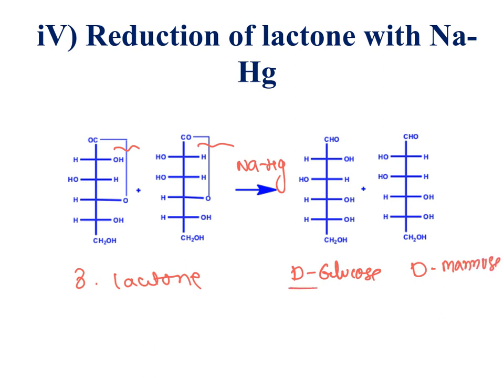The difference between D-glucose and D-mannose is that the second carbon chiral centers are different. The OH in D-glucose is oriented on the right side in the Fischer projection formula, but in D-mannose it is oriented on the left side, and we call these C2 epimers. So this is about the Killiani synthesis. We took D-arabinose, a 5-member carbon chain length, converted into a 6-member carbon chain length. So chain increasing and chain contraction or shortening, both methods we have discussed in today's class.